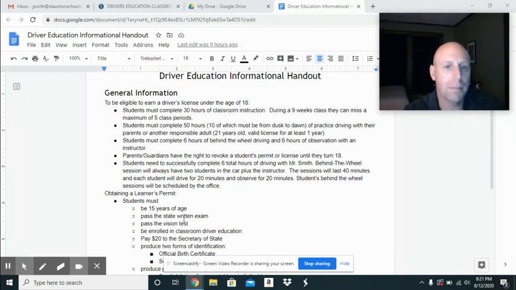You have to pass the state written exam. That's the test that you'll take on the Chromebook several weeks from now. Don't worry about it. You'll be very prepared for it. We study, study, study. We go over the information a lot. You will be very prepared for it, and I'm sure you're all going to pass. Okay, so you'll pass the state written exam. You'll take the vision test,